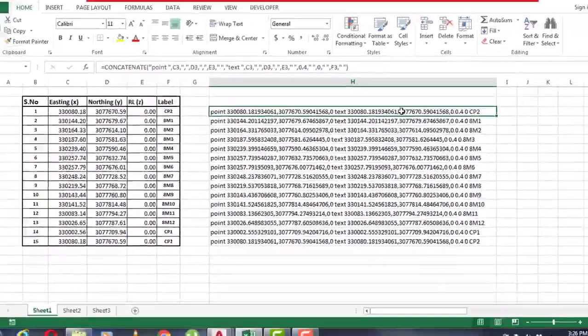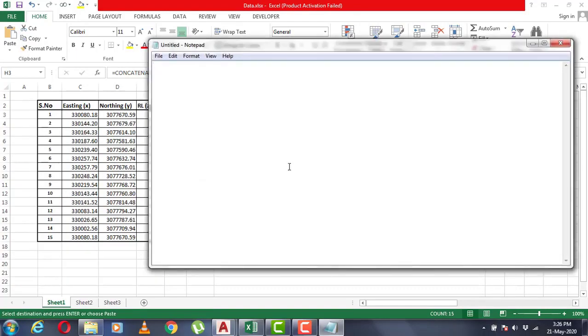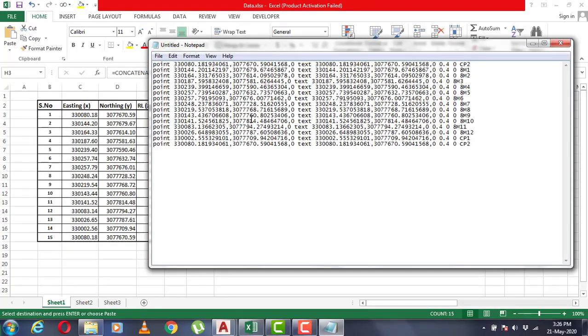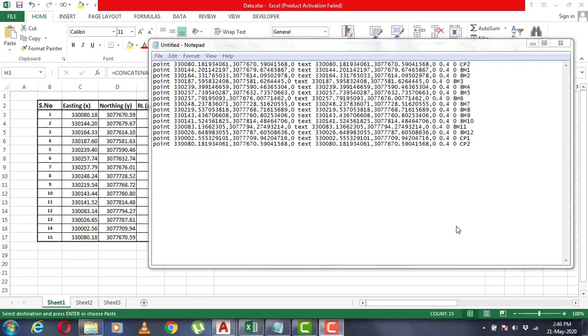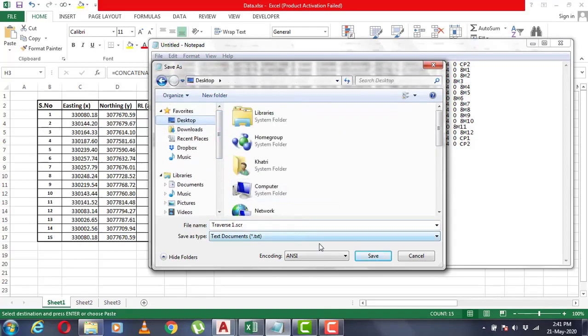So you have to select all these and then copy this, go to your notepad, open a new file, paste the value, and save this as a script file. So I'm going to use my name as traverse 1. I'm going to save my document type as a script file. Okay,